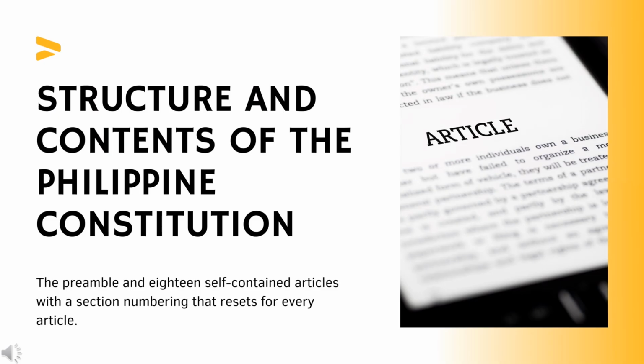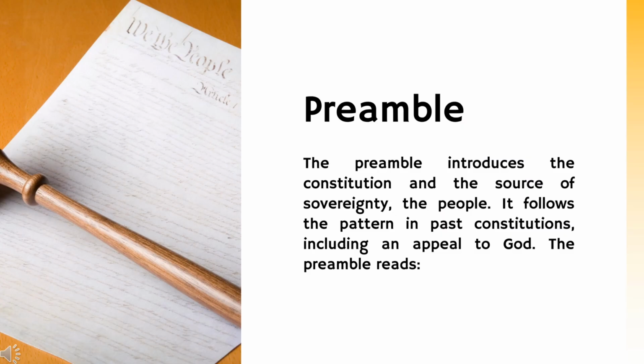The structure and contents of the Philippine Constitution: the preamble and 18 self-contained articles, with a section numbering that resets for every article. The preamble introduces the Constitution and the source of sovereignty, the people. It follows the pattern in past constitutions, including an appeal to God. The preamble reads,